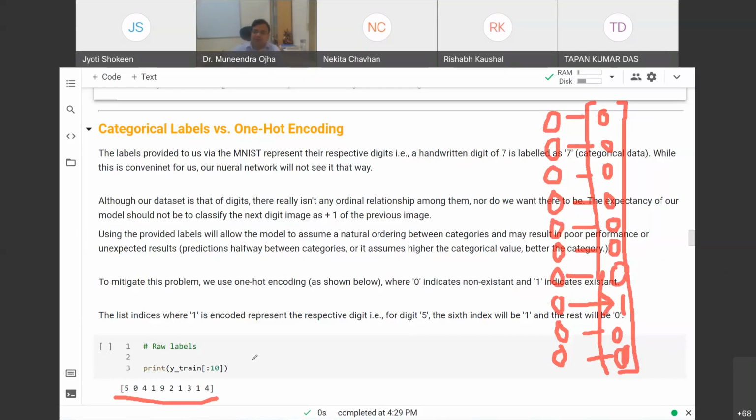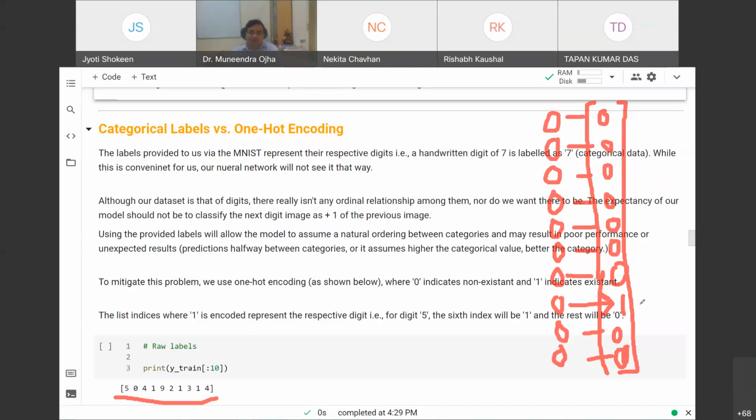So I have to convert my output from categories to one hot encoding. This is called one hot encoding, in which from all the vector values, only one value will be 1 and the remaining will be 0, indicating just the presence of a single value and absence of the remaining values.